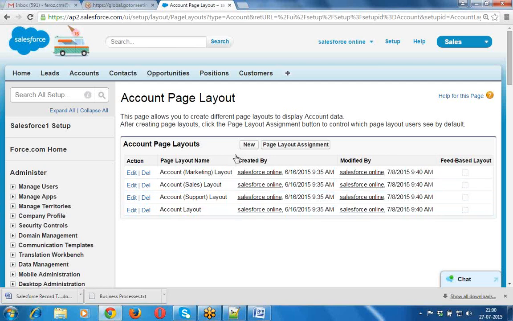Now we will see. Go to new, because I want to create a new page layout, so use this new by cloning the existing one. No need to create the page layout from scratch itself; we can create the page layout by cloning the existing one. Now I want to clone this standard page layout, and I want to make the required changes in that page layout. Now click on new.